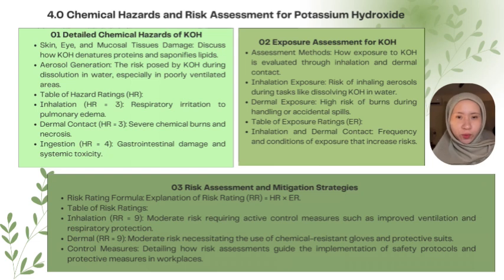On to slide 4, where we're going to discuss chemical hazard and risk assessment for potassium hydroxide. When assessing the risk associated with KOH, it's essential to evaluate both the chemical hazard and the potential of exposure. KOH possesses significant risks including skin, eye, and muscular damage, mucosal damage, and the potential generation of harmful aerosol. This calls for a detailed risk assessment to identify and mitigate these hazards through